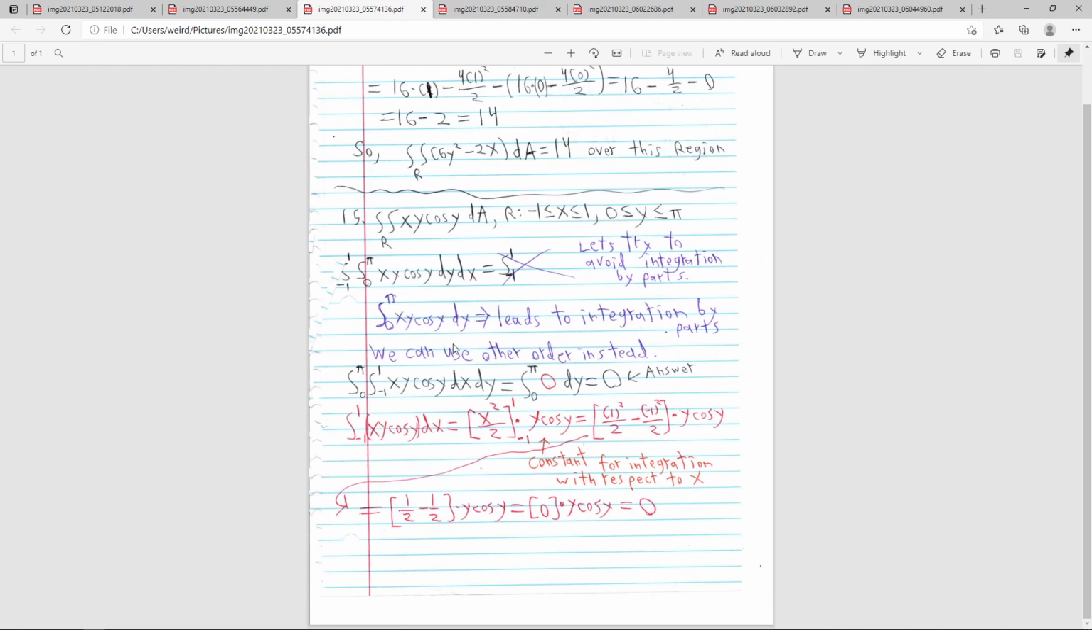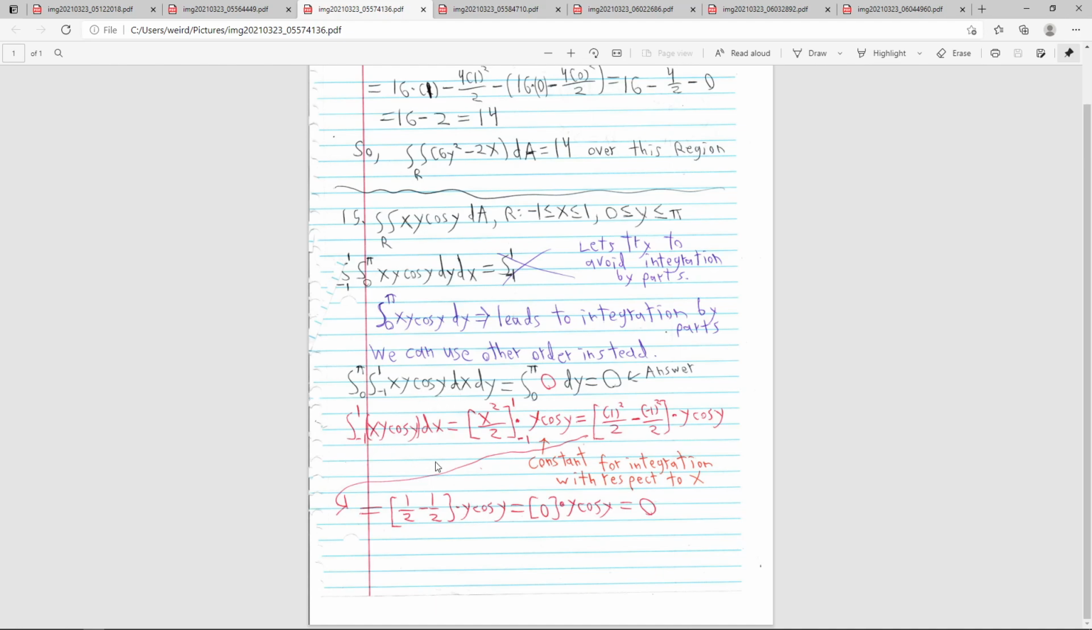Now let's do it with respect to x first. It's a good time to bring up that point. So I do it. So pi and 0 is y, and negative 1 to 1 is x. So we have negative 1 to 1 and 0 to pi. So if you do this with respect to